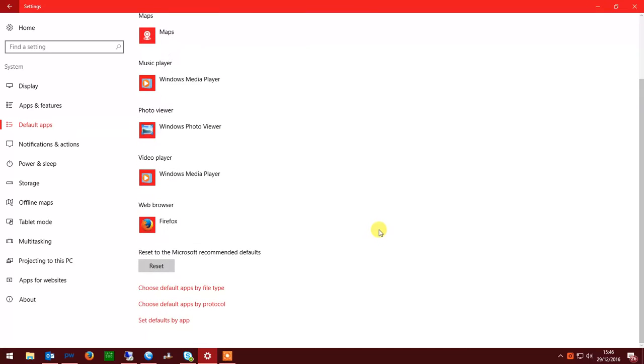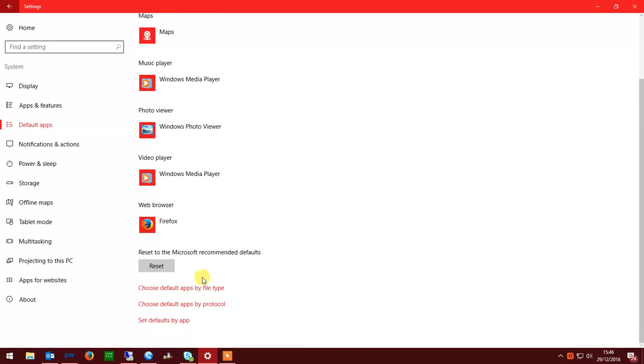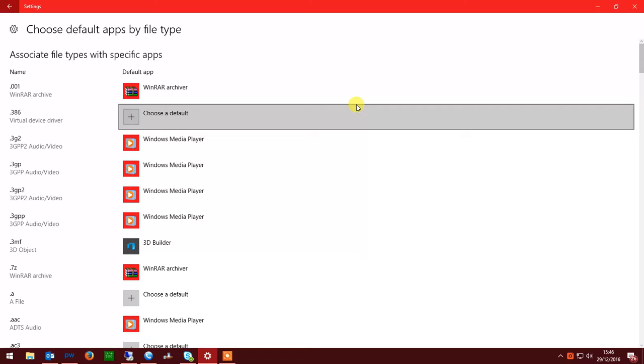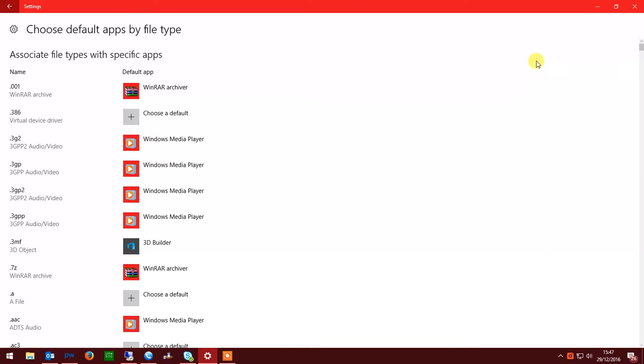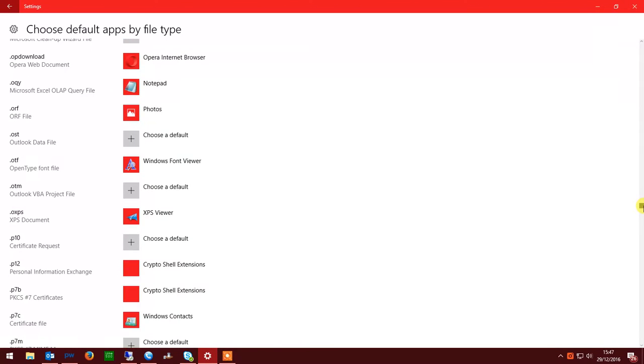So you may notice there's nothing here for PDFs. Don't worry, there's a separate bit that will take care of that for you. So to do that, we need to scroll down and click Choose Default Apps by File Type. In here you should see a long list of different file types. Don't worry, we don't care about anything bar one, which is the .pdf, which you can find looking at this left hand side here. So to get to that, we need to scroll all the way down until we can find it,